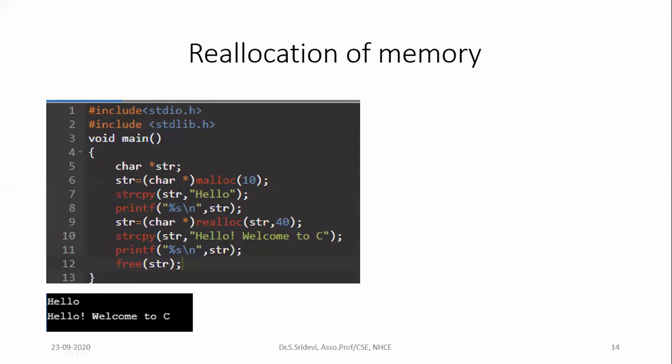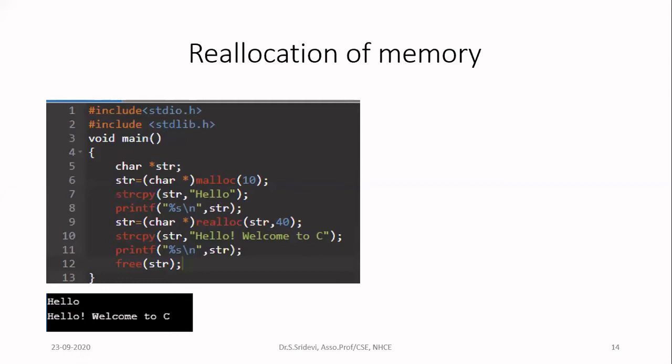Don't declare it as an integer pointer or void pointer. So I am declaring char *str, then whatever address is returned, I am storing in the pointer variable str. After that, memory will be allocated. In that memory, I want to store hello. Remember, you can't simply write str is equal to hello. Strings you cannot copy like that. Assignment of strings is not possible. You have to use only the built-in function strcpy for copying strings.